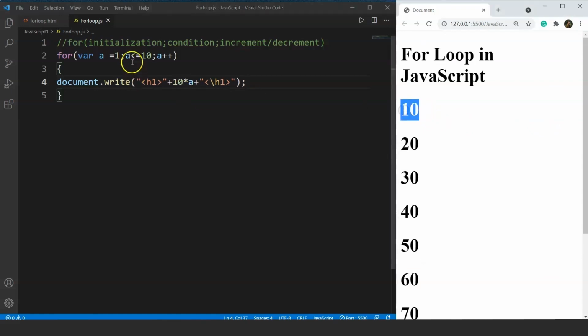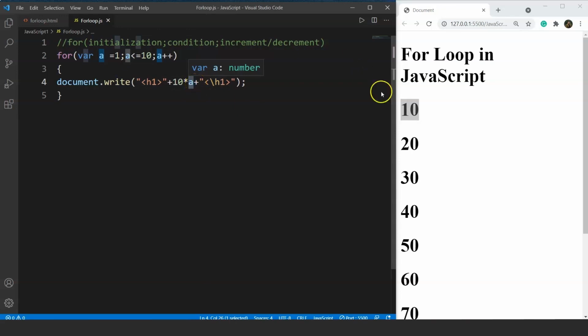Next thing, it will go for the increment and the value of a will be changed to 2 from 1. 1 plus 1, or we can say a equals a plus 1, right? So it will be 2. Now next thing, it will leave this now because the initialization happens only once. Now it will go for the condition directly. Now it will check, is 2 less than or equals to 10? If yes, then again the control will be shifted here and it will print 10 into 2 because the value of a is 2 now.